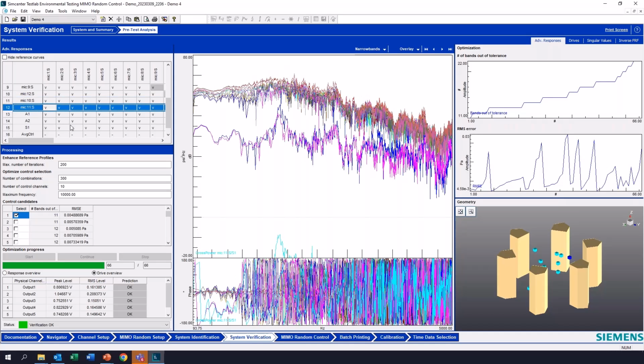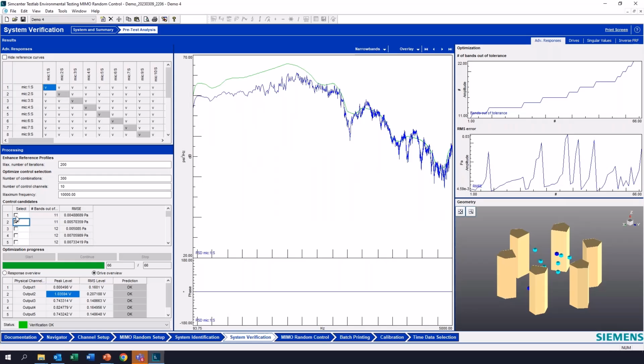And we can see what all those responses were. You might find, looking at the drive, that you're getting a solution here that maybe isn't the best, right? This output 2 is more than some of the other options here. And you can see we cycle through and take a look at some of these other selections. We're basically sacrificing tolerance and error to take a look at what we might be able to reduce these drive levels to.